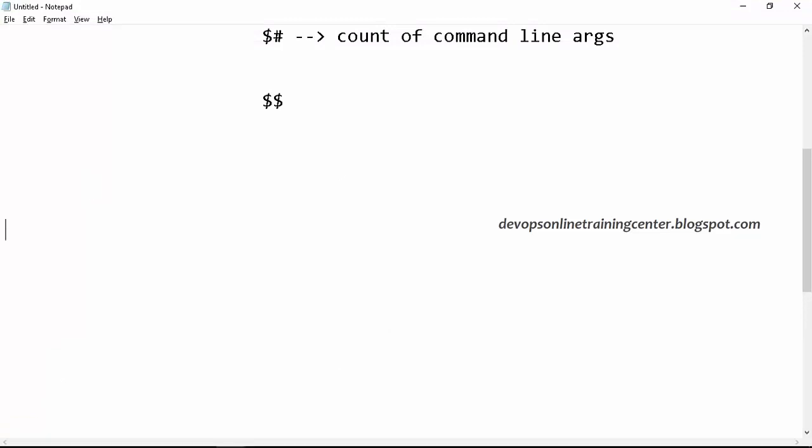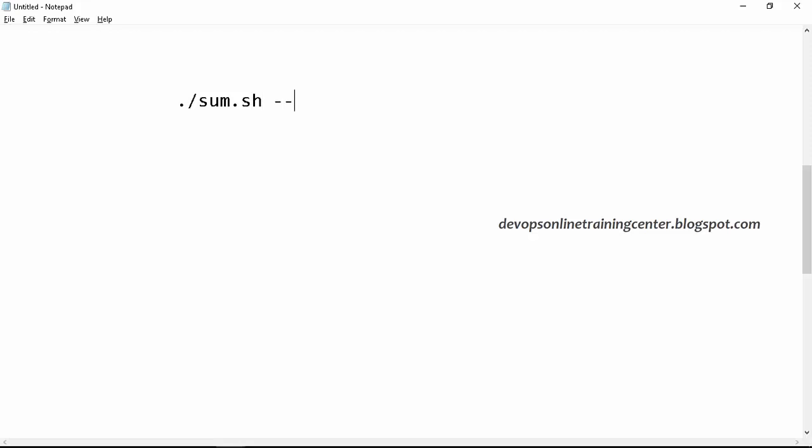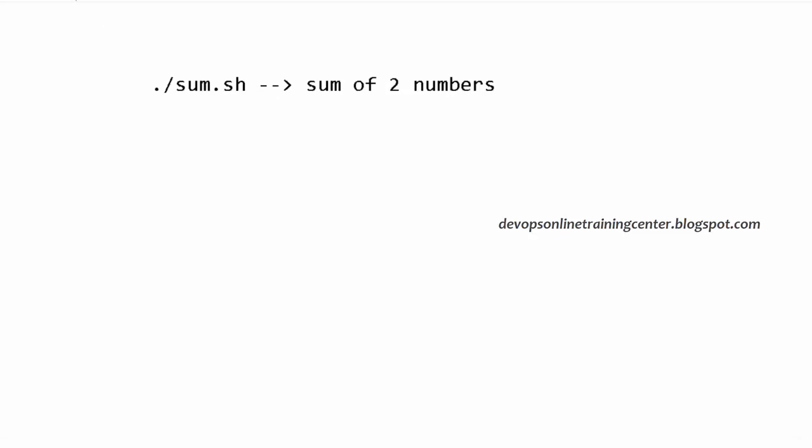Okay, so I just want to validate the number of arguments given by the user. So let us say I'm writing a script, sum.sh, which has to print the sum of two numbers, right? I give something like 1 2, and this will print the output as 1 plus 2, that is 3.